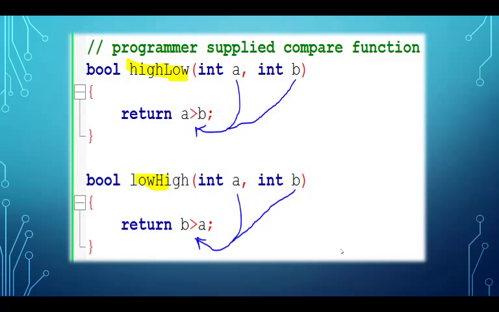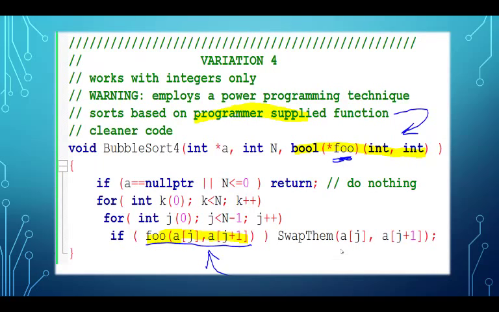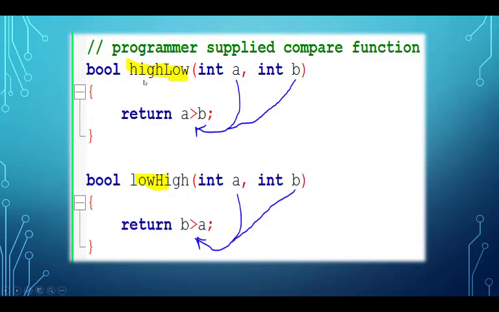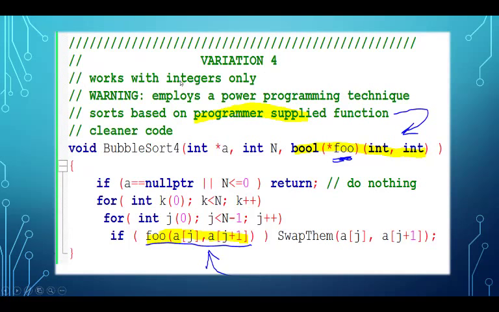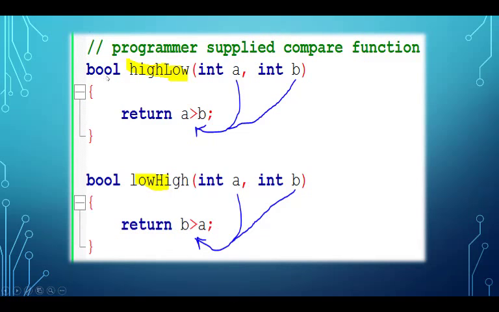Now, here's foo. These are foos. This could be a foo. This one is high or low. I keep using the name foo. Foo is a dummy. It's just a placeholder. I'm going to give it something that matches bool, int, int. Bool, int, int. And I'm calling it